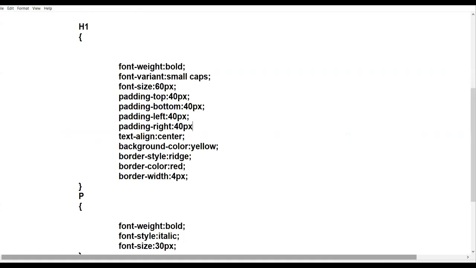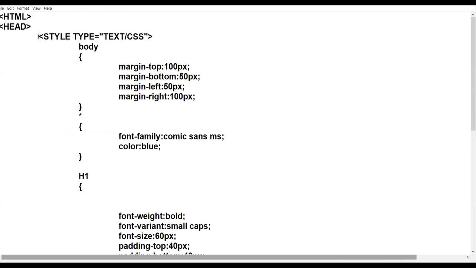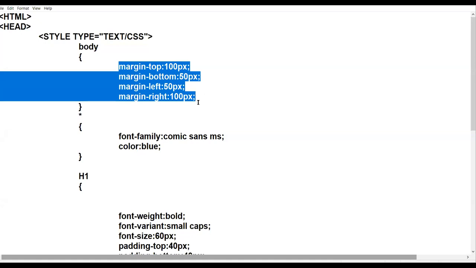Again, I show the coding to you. Again, I revise. Internal style means you are giving the style tag inside the head tag. Then inside the style tag, you are taking the type attribute. You are taking the value text/css, right? Then you will take all the tags onto which you want to apply the necessary properties.